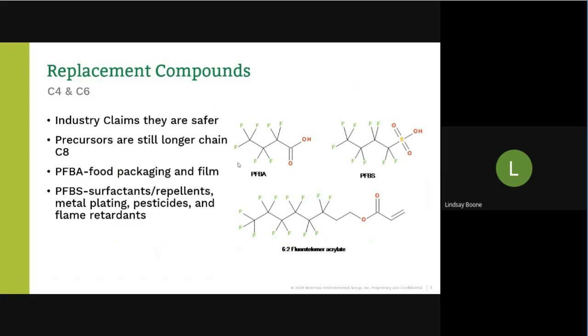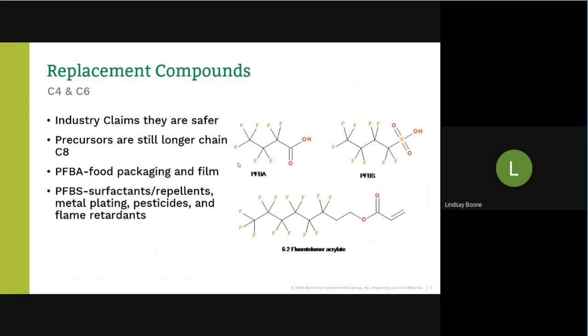PFBA is a compound that's used in food packaging and film. So if you think about your hamburger wrappers or the inside of those pizza boxes, that shine or sheen on there can be a compound like PFBA. PFBS is commonly used in surfactants, repellents, metal plating, pesticides, and flame retardants. So if you're a wastewater treatment plant with a metal plating facility on your industrial waste permit, you might have